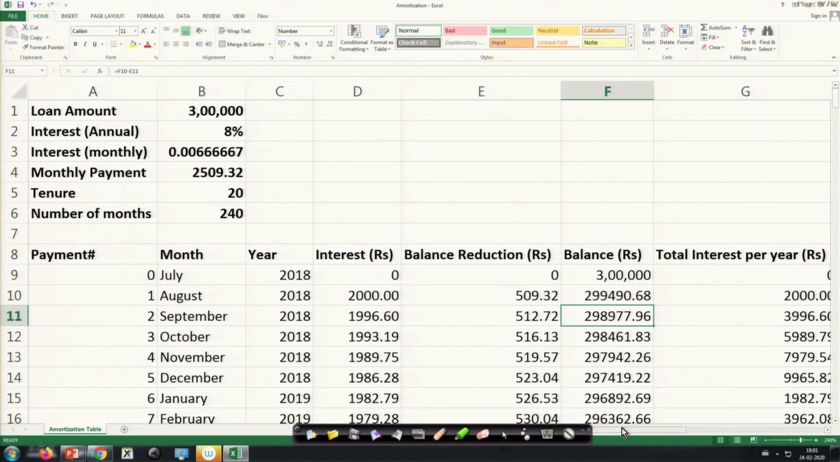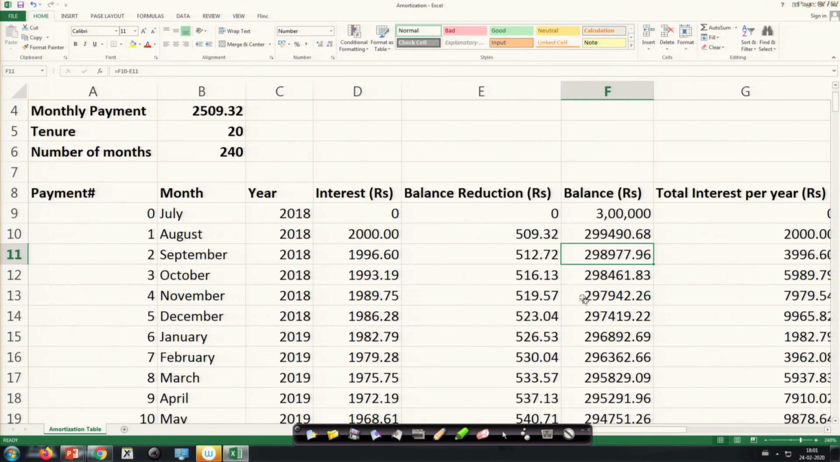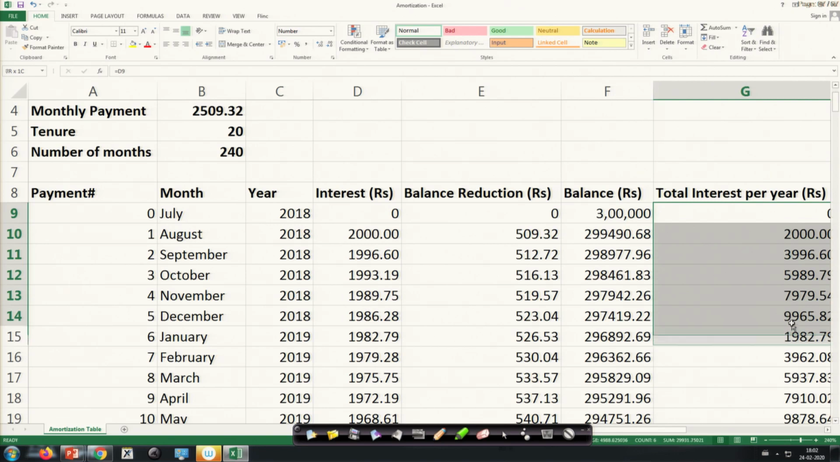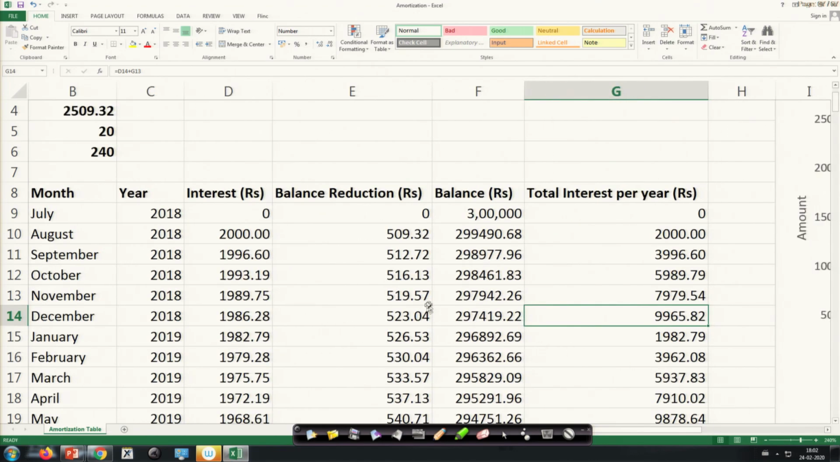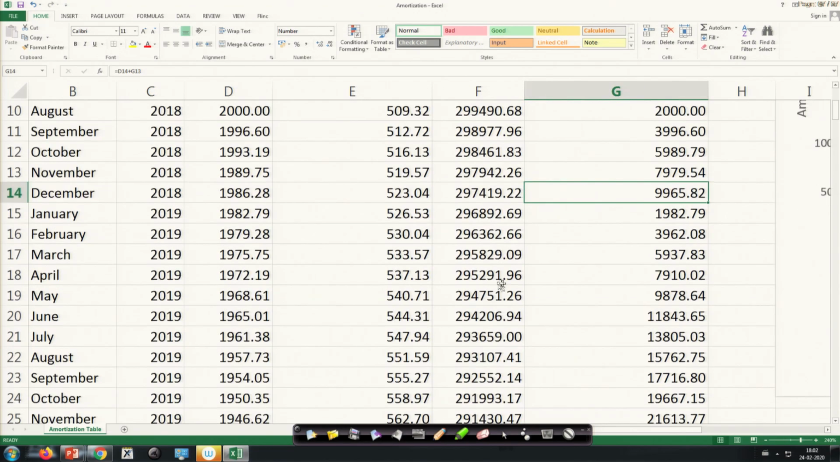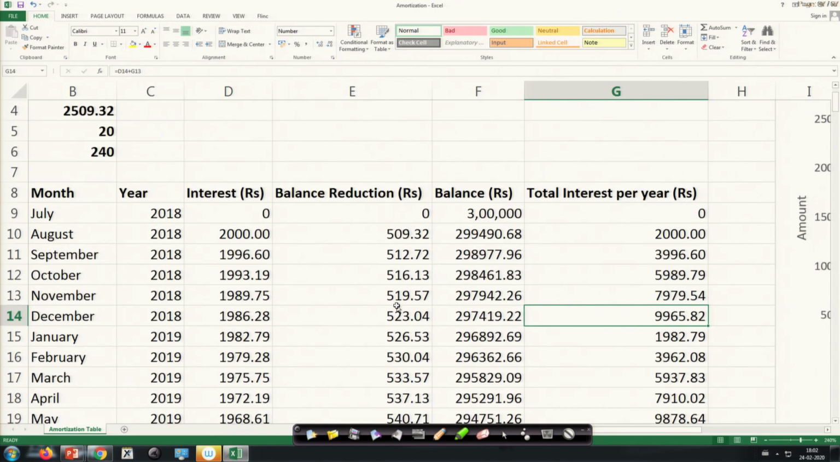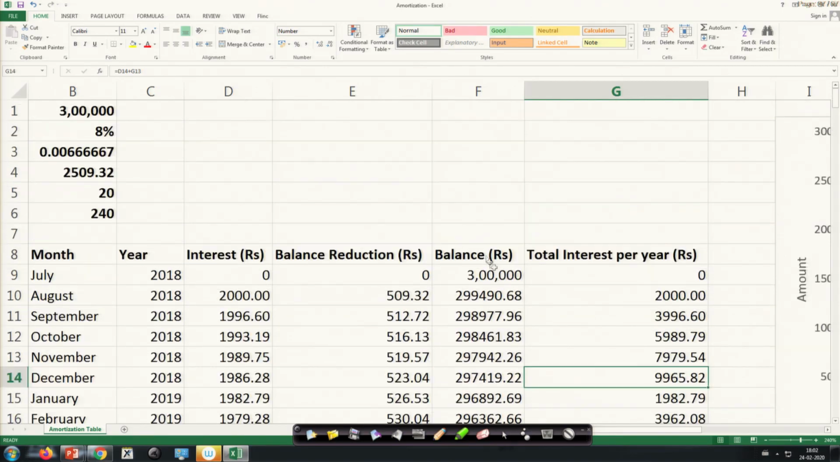So, when we try to calculate this number over the year, since this is a 20 years tenured loan which is 240 months, the calculation is shown here, and we know that the amount that we have been paying every year is also changing. So, in first year the total interest that has been paid for first 6 months is 965 rupee 82 paisa, and if you try to see for other years, the balance reduction is going and balance is